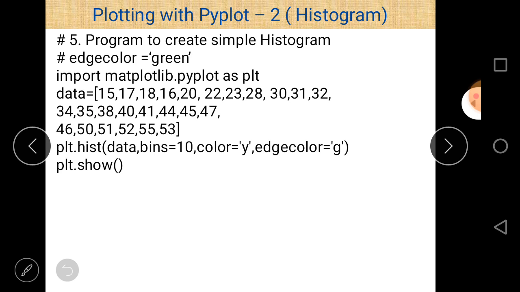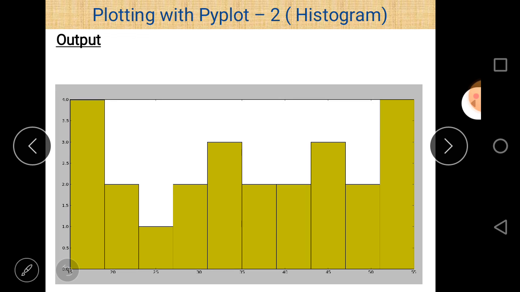And in this program there is an attribute or parameter edge color. So to understand this concept, first of all let us take the output of the previous program.